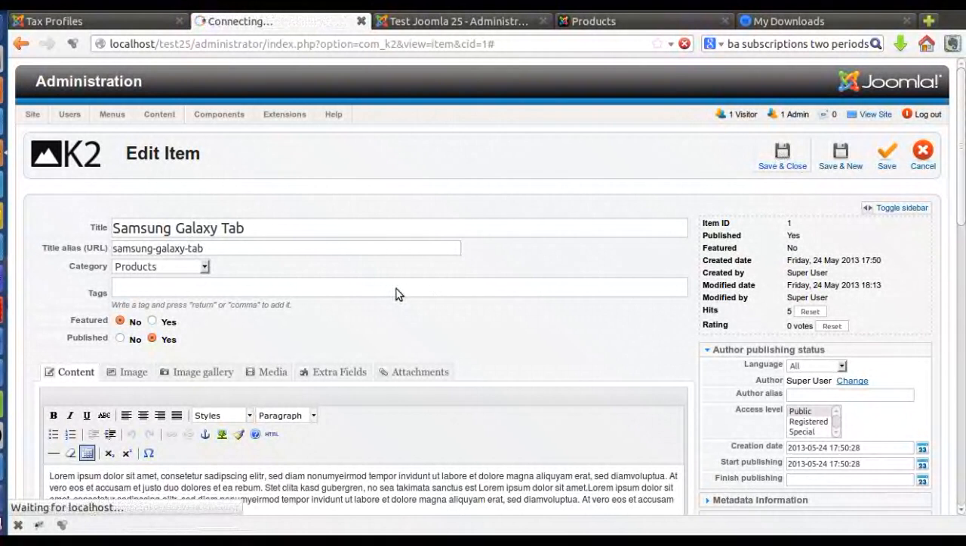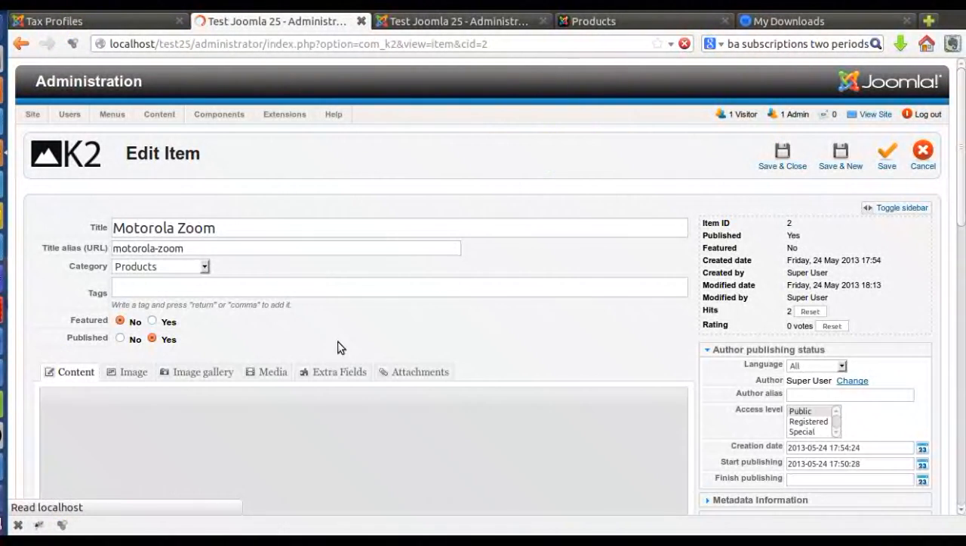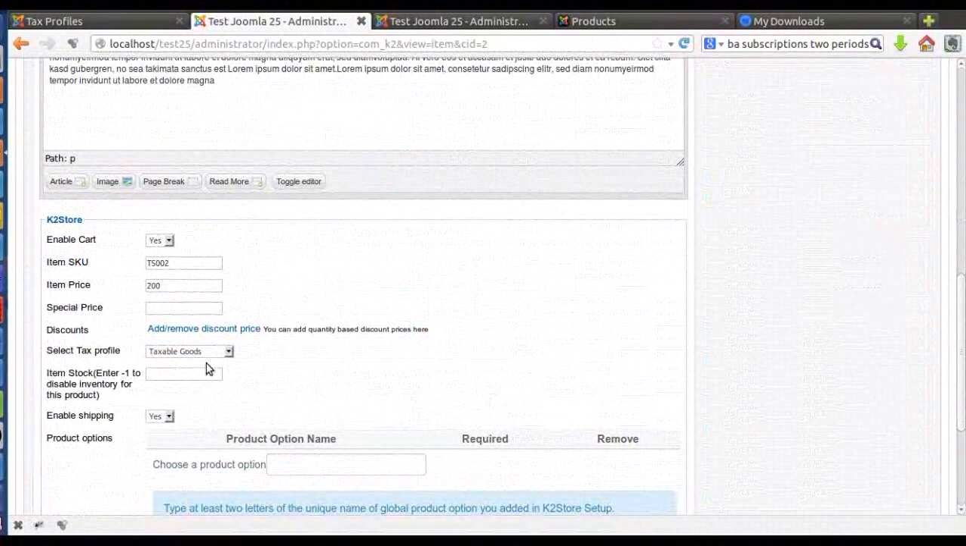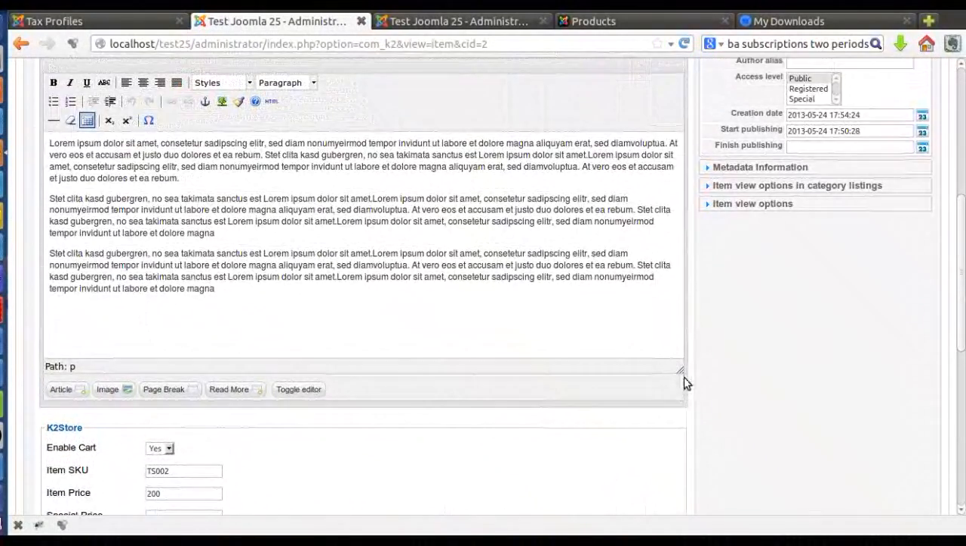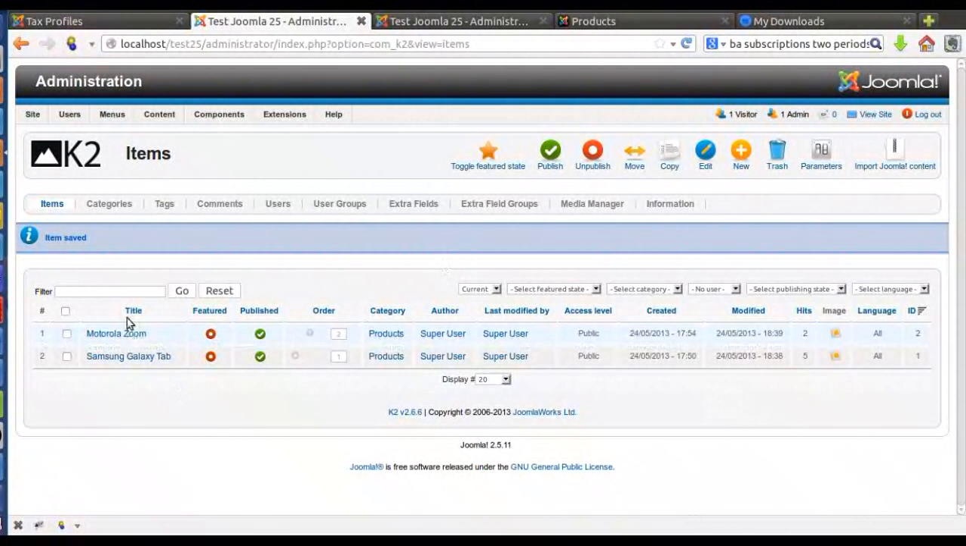Save and close it. Similarly, you have to do the same for Motorola Zoom. You can create as many profiles as possible. That's up to you, depending on your need, you can create as many tax profiles as possible. So we have now applied all these things, right? So this is the first step we have to do